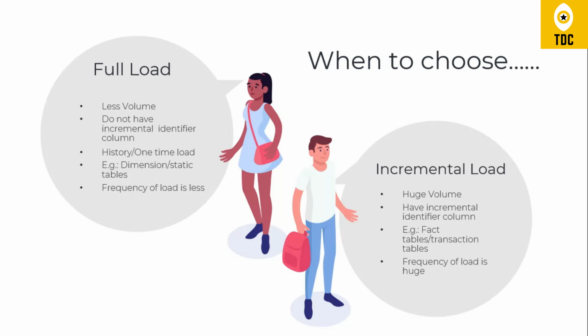As an example, you can consider dimension tables or some static tables where you have a very small amount of data, it is like master data, and it will not get frequently inserted or updated. At that time you can go for a full load. And also, say, you have a loading frequency of every month or every 3 months. In that case also you can choose a full load, but again taking care about the volume. If the volume is considerably less, then definitely you can choose a full load.